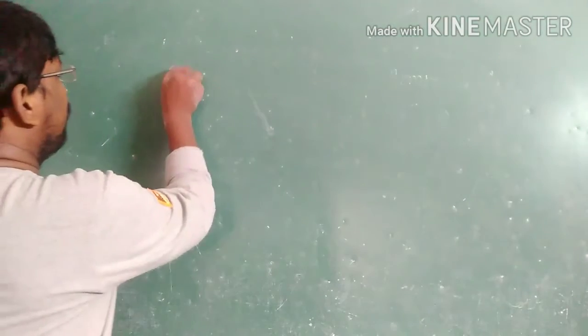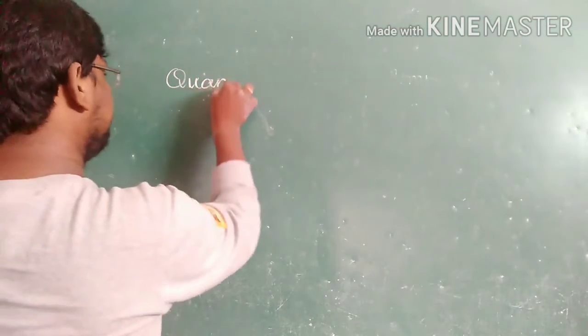By this we can say that the atom does not have a definite boundary. If the atom does not have a definite boundary, where are the electrons present? There are no orbits, then where are the electrons present? To explain this, the quantum mechanical model was introduced.